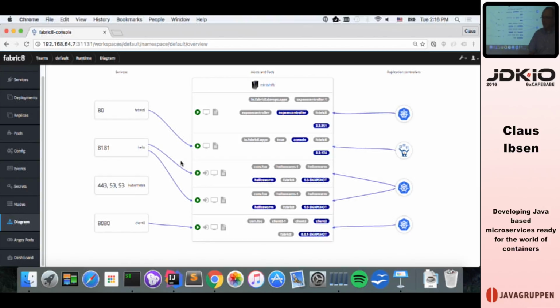But there's a pattern for that. There are some people working on something they call a sidecar. So you use an extra container co-located with your container, and you call that sidecar. And that sidecar calls the service, and that sidecar has implemented redeliver and failover and all that kind of logic. So you, as a client, don't even need to know about that. So there are ways of doing that.